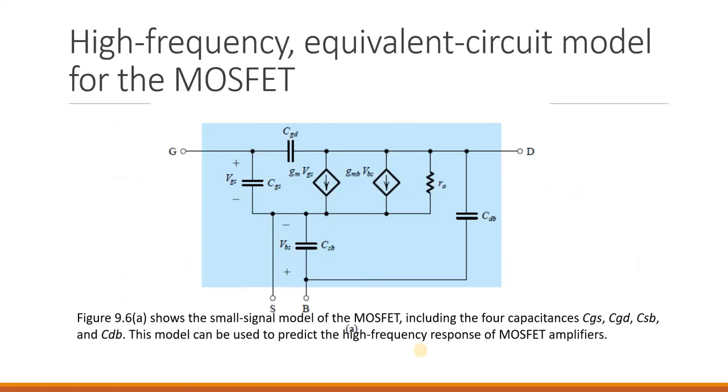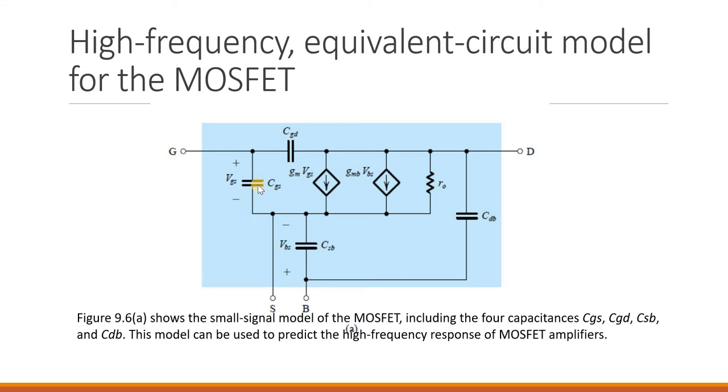See, we now know there are 5 different capacitances. 3 because of the gate capacitive effect and 2 because of the source diffusion and the drain diffusion. So of these capacitances, CGB, that is the capacitance between gate and body, is not considered over here. It is avoided here, whereas CGD is included.